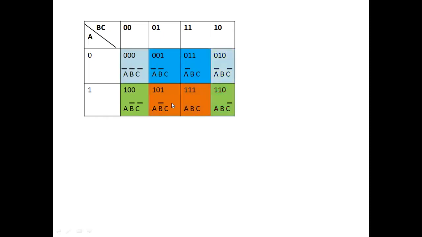This can be one group, this can be one group, the center terms can be 2 groups. And if you fold, these 2 can also be a group. These 2 green colored cells can also be a group, or vertical cells can also be grouped. If that grouping of 2 cells is not possible, then it is grouping of single cells. 1, 2, 3, 4, 5, 6, 7, 8. So all these 8 cells can be taken independently. In that case, the cell value itself is the product term.